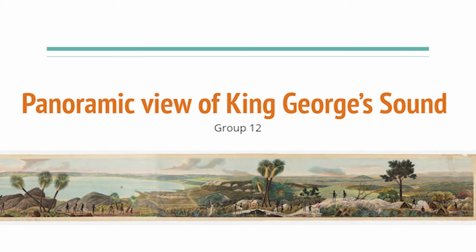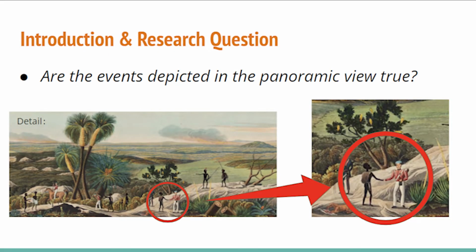Hello everyone, this is Compass Radio Channel. Today we have come to the Arts Building of the University of Melbourne. And now we are going to take you to enjoy the panoramic view of King George Sound. The painting is based on a sketch of Robert Dale made on Caloris Mountain. Due to Dale being an ordnance weaver and draftsman, this sketch shows the skin of this mountain in 1829 accurately.